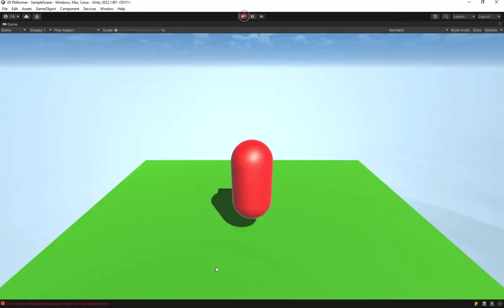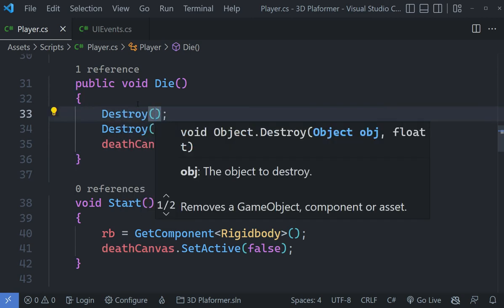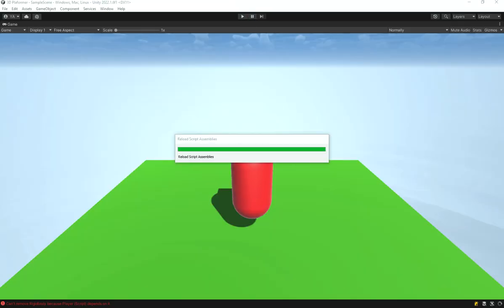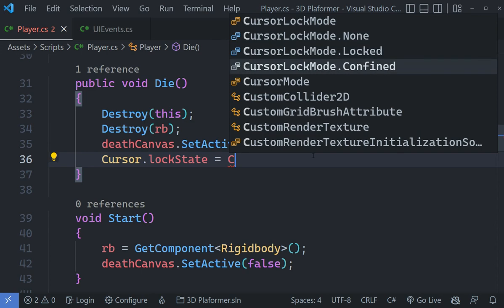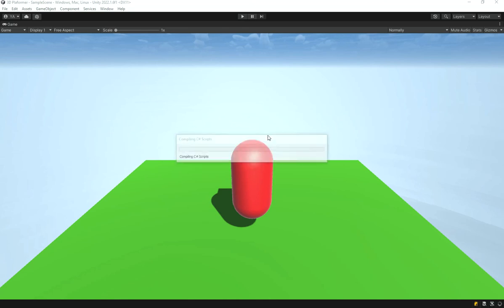So for that, I'm going to go to our VS Code here, and let's just say destroy this as well, because even if it is disabled, it will still not allow us to remove this. So let's just say destroy this. Yeah, and that should basically work. Let's go under Unity and try to play again and see how well it goes. Also, one more thing we need to do is set Cursor.lockState equal to CursorLockMode.None,